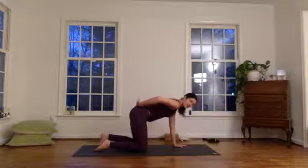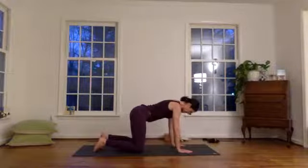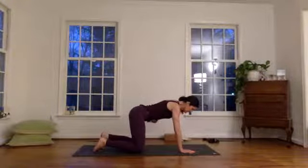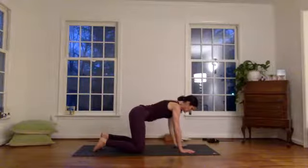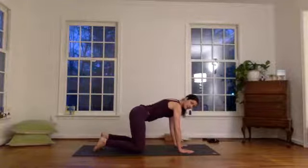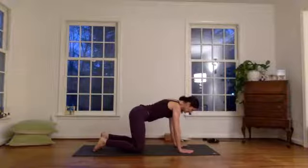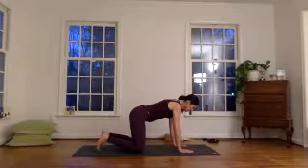Feel the tailbone actually lifting up here a bit and the thigh bones starting to press back. We're going to draw the belly button up and toward the spine, finding that expansion in the middle of the back. Feel your shoulder blades on the back body. So instead of everything dropping in toward the ground here, we're feeling our strength from the inside out. To stay here, take a breath, neutral spine,